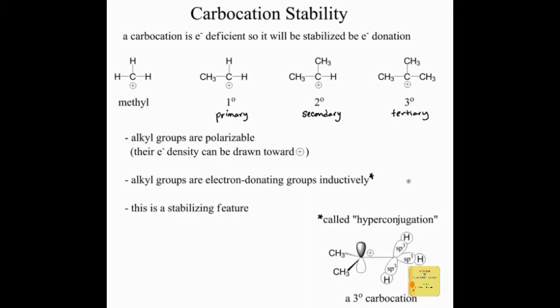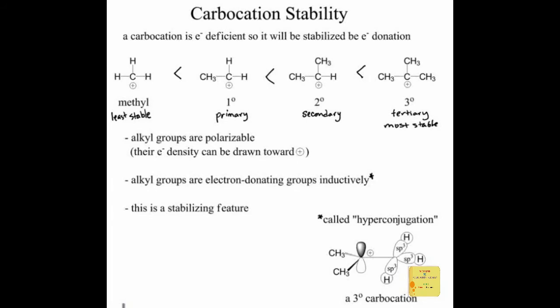And it turns out that the tertiary is the most stable of the carbocations shown. So that's more stable than a secondary, which is more stable than a primary, which is more stable than a methyl, and methyl is the least stable carbocation. We really don't ever want to draw a methyl carbocation if we can help it. Okay, well, why is that? What is there